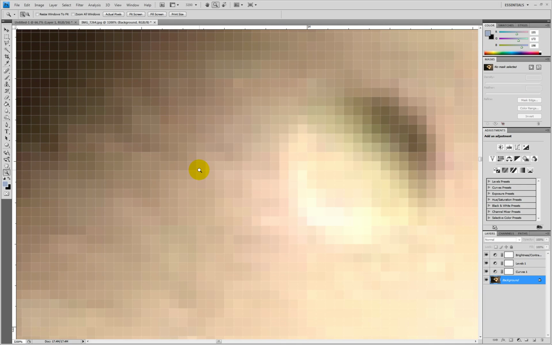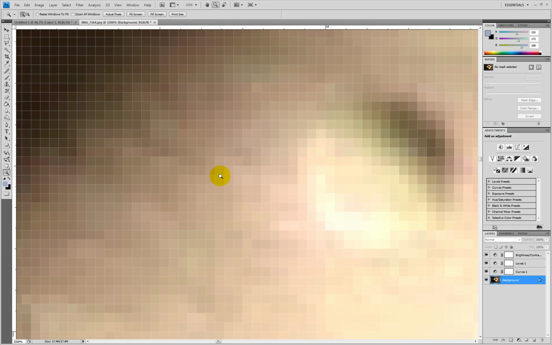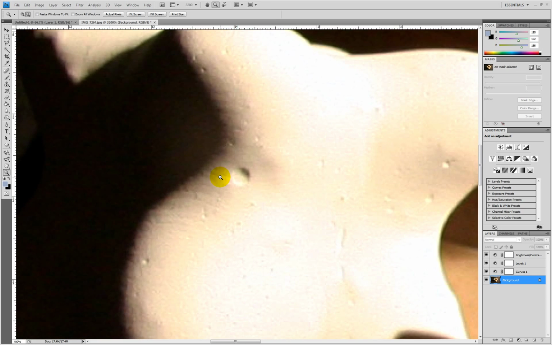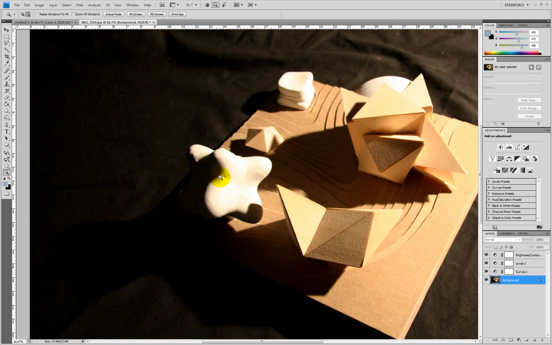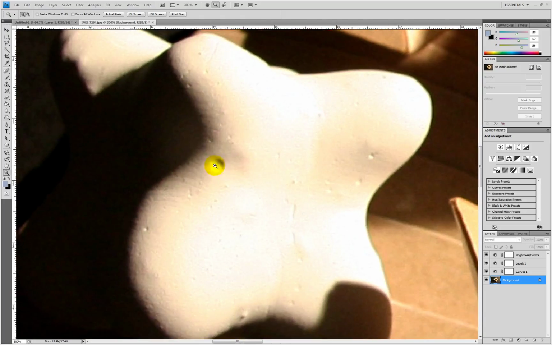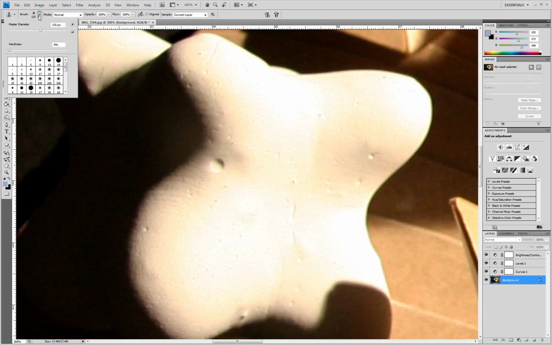For example, you could do that to your model too. If you zoom in to your model, see this area. See this area here, there's a bump on the thing. If you want to fix that, you could come here and make your brush smaller. I'm going to make it much smaller. So I will do the S command, click here, see that next to it, this part is good, click here,